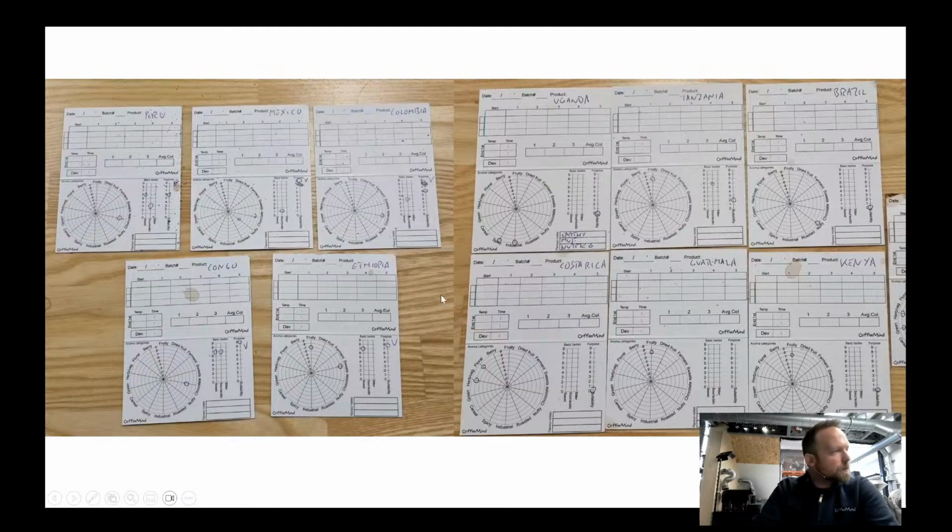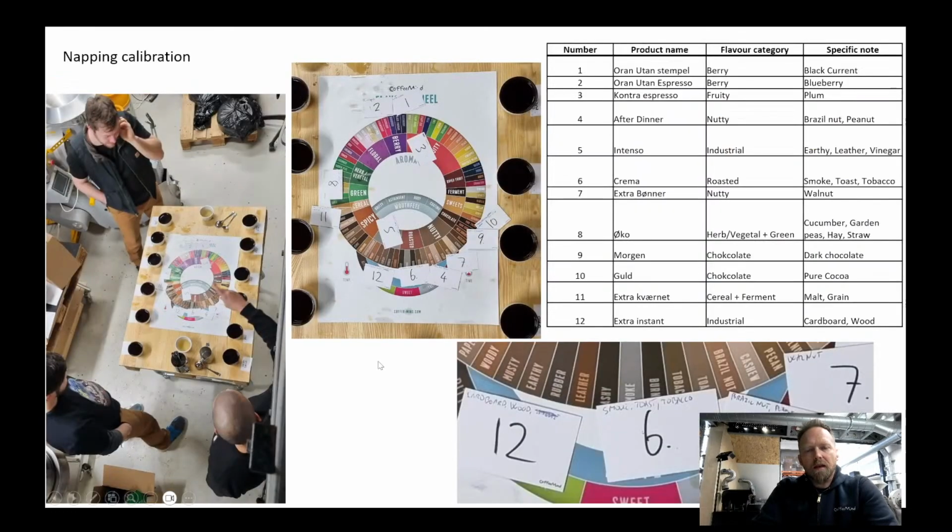And you can see here it's pretty simple how to fill these out. And I don't need to fill all of them out. I just need to use them for taking notes. And once you have your products, you can start describing them or comparing them in something called a napping here. It's inspired by a scientific method, but we are not doing all the steps in the scientific method. We're just brainstorming, tasting the coffees blindly and putting them on categories.